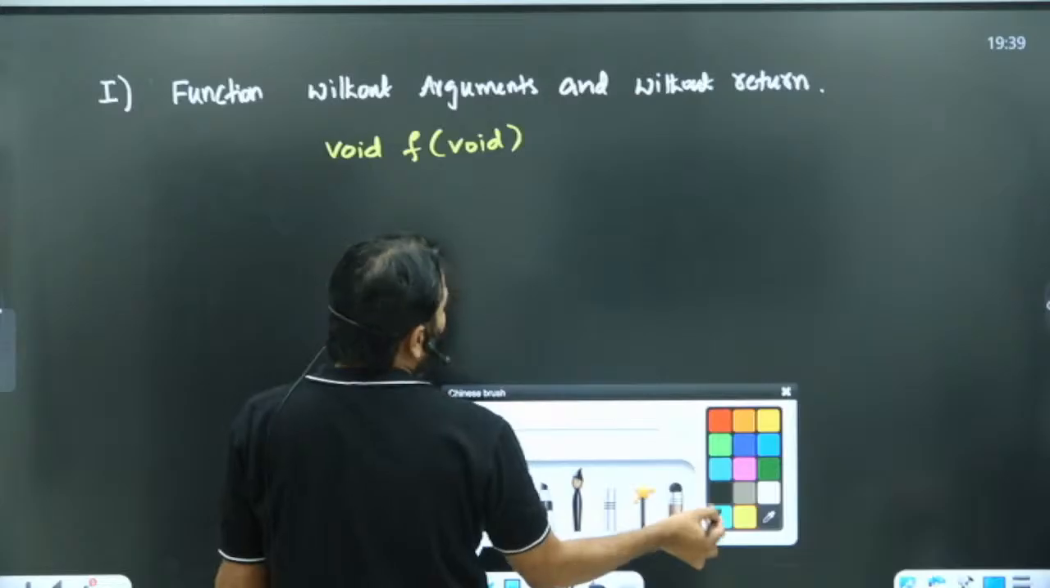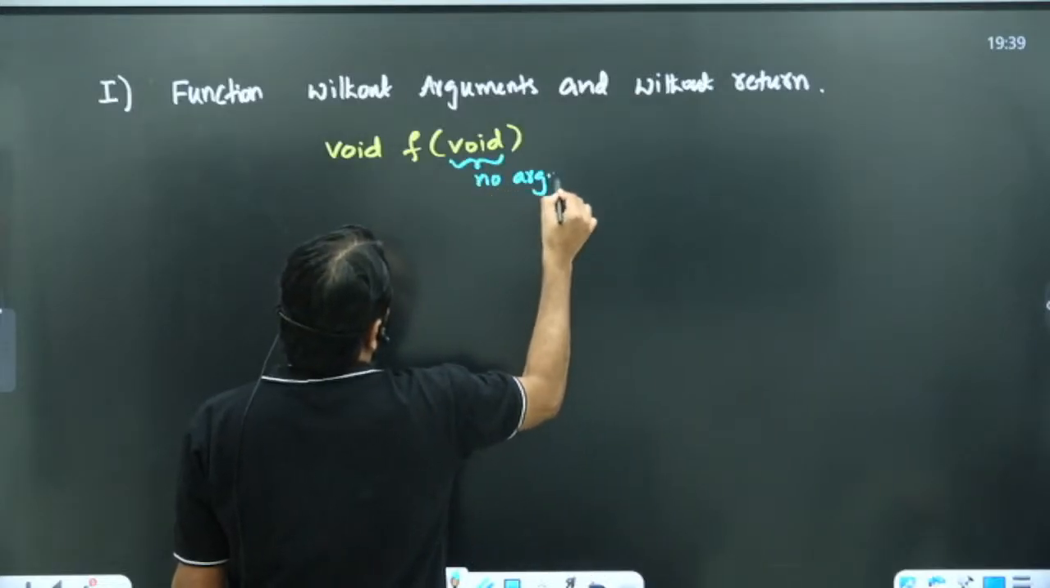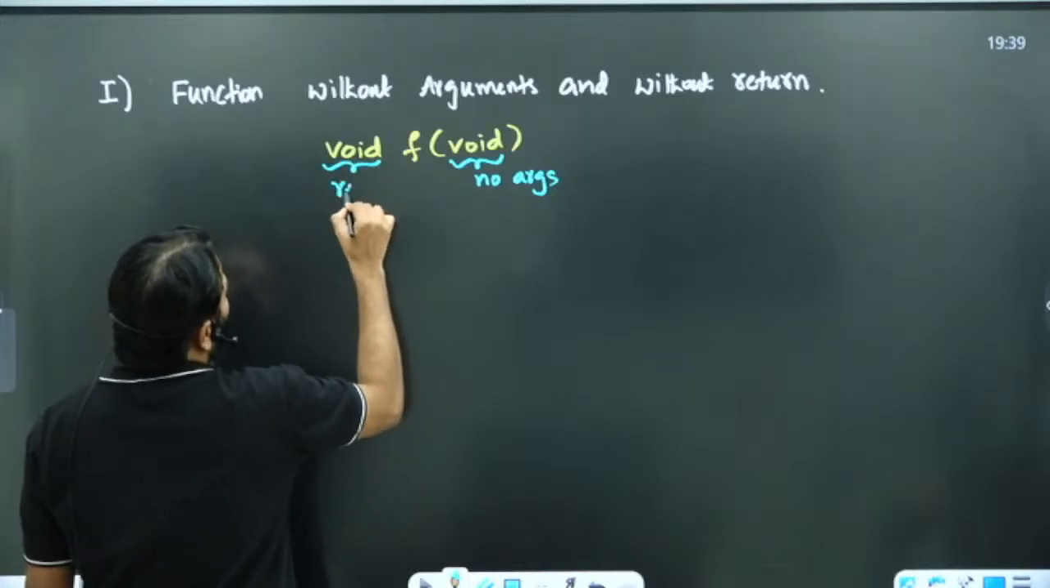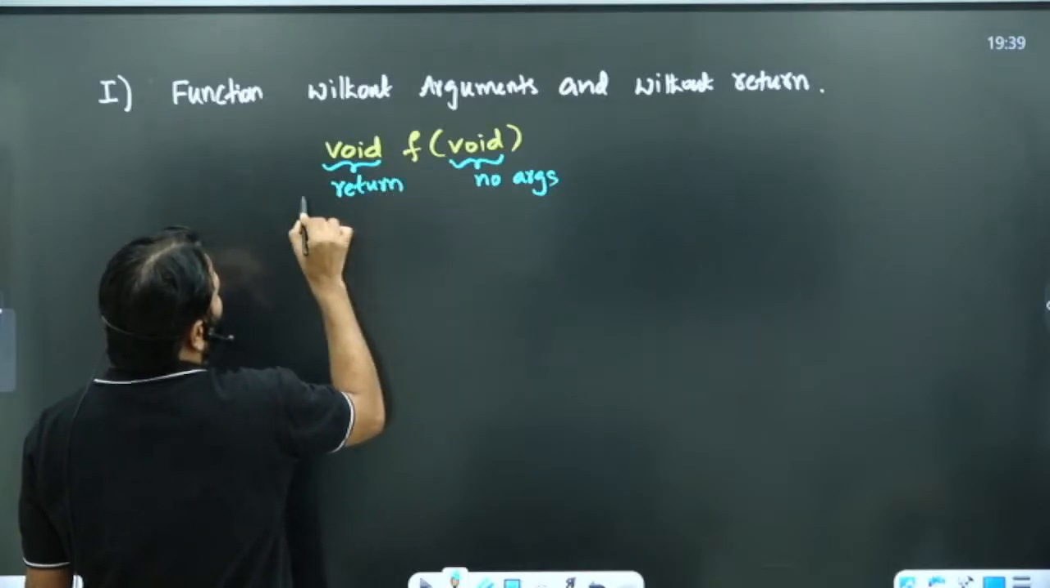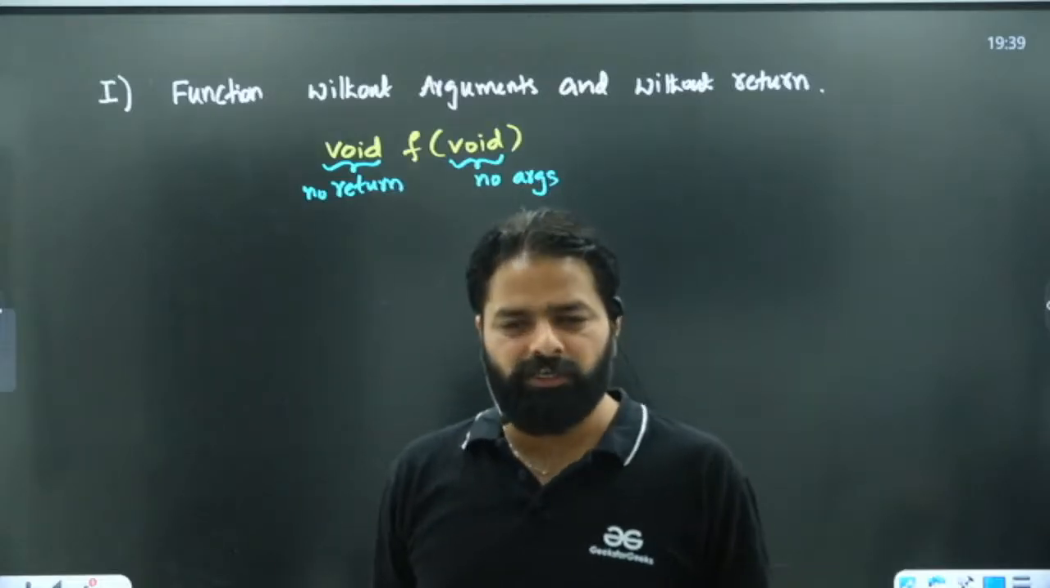ये जो void है नो आर्गुमेंट्स के लिए, ये जो void है रिटर्न के लिए। दैट मीन्स नो रिटर्न एंड नो आर्गुमेंट्स। ये बहुत इजी फंक्शन है।